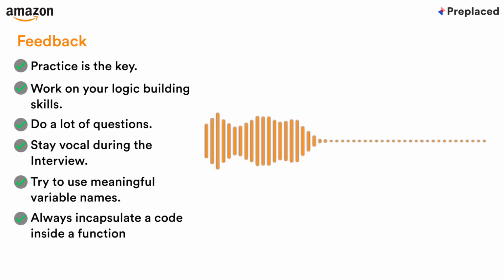Also think of building the specific functions that are there for a particular data structure. How would add work in that? How would removing an element work in that? How would searching work in that? So addition, deletion, and search. These are the three main things that would be present in every data structure. So do implement these three things and then move on to other questions that use these data structures